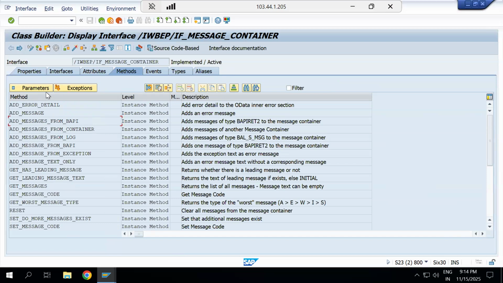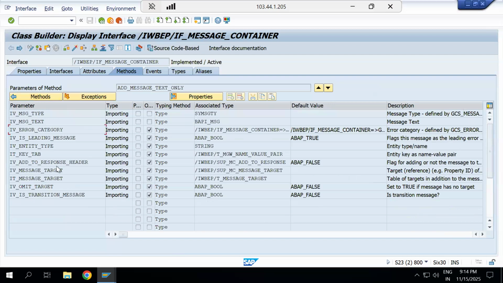And if you see here add message text only, if we go to the parameters, now you can see it is only displaying the message type and message text. Directly you can hard code that message, whatever you want to display. This is the practical demonstration of how the message handling